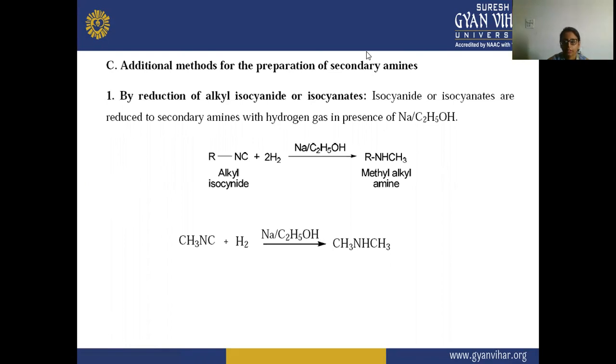So this is the first method. In the additional methods for the preparation of secondary amine, the first method is by the reduction of alkyl isocyanide, and in this the isocyanides are reduced to secondary amine with hydrogen gas in the presence of sodium and ethanol. So next is your